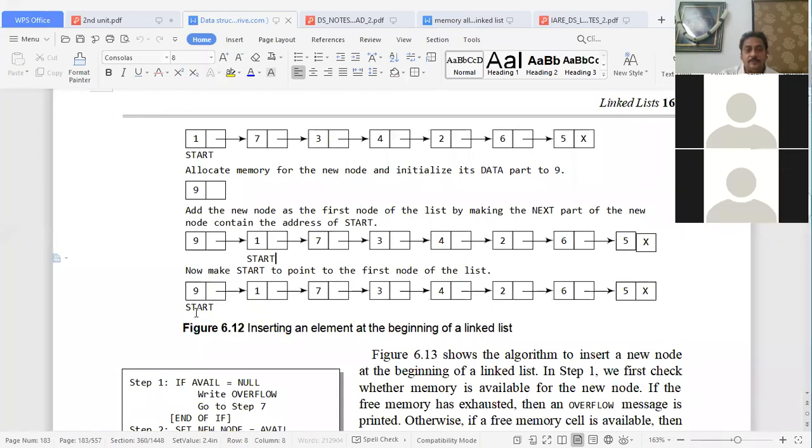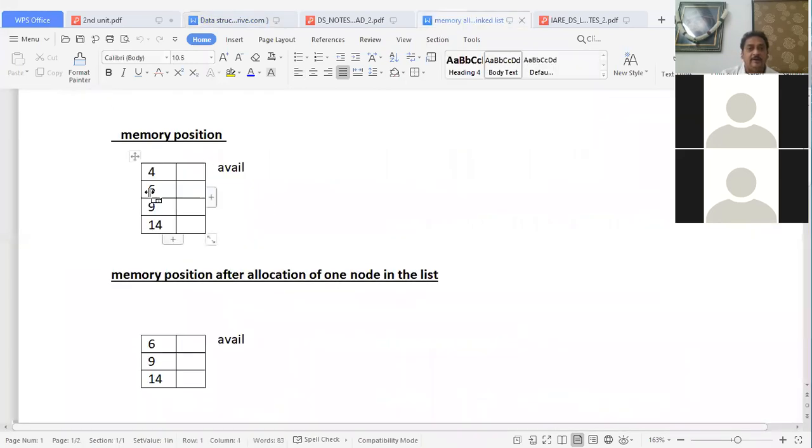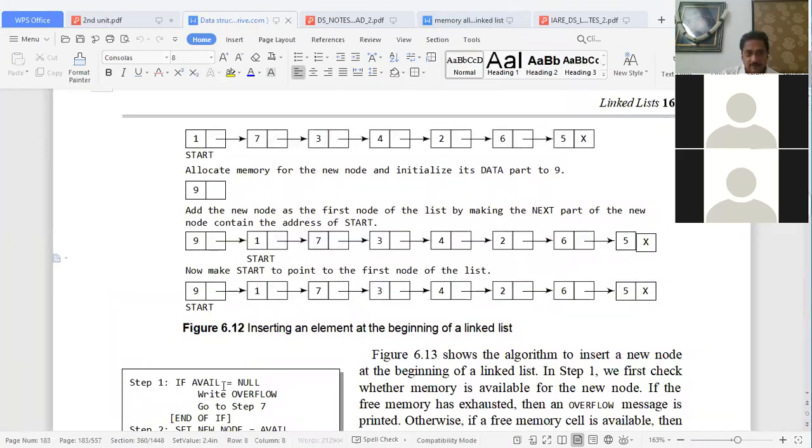Yes, sir. Did you understand what we did here? Get a node from the memory. This was already explained with the help of a PPT presentation in yesterday's class. Get a node from the memory, add data on it. That is second. The first step is to get a node from the memory. From where are we going to get it? From the available list, where the avail pointer points. When one node is taken, the avail pointer becomes next avail. This process is going to be explained in the algorithm. I will explain that in the algorithm below. The next algorithm is that one only.